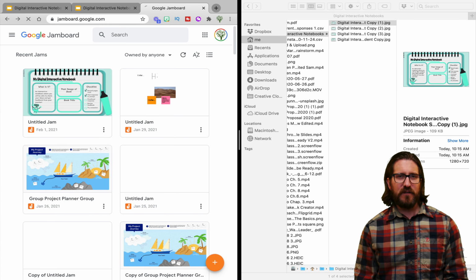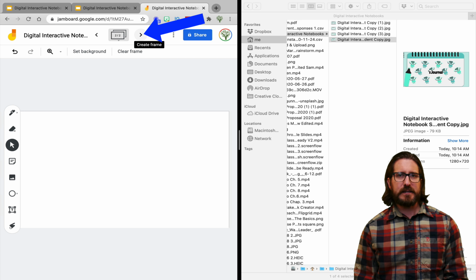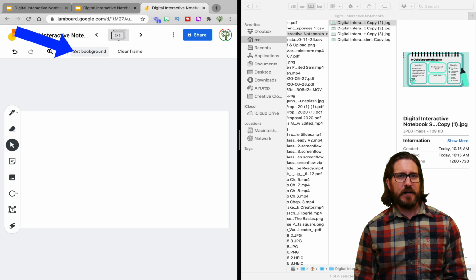In order to add the images I just downloaded as a background in Jamboard, I'll go up to Set Background and then choose Image. One option would be to find that image on your computer or in your Drive folder, but since I just created a folder with all the images, I can also just drag and drop them in, and you'll see that they'll automatically show up as a background when I do so. Then to add another frame, I'll click the next arrow and repeat the process of setting a new background, choosing Image, and dragging and dropping the next slide image in. Remember that you'll only be able to add 20 of these frames in a single Jamboard.